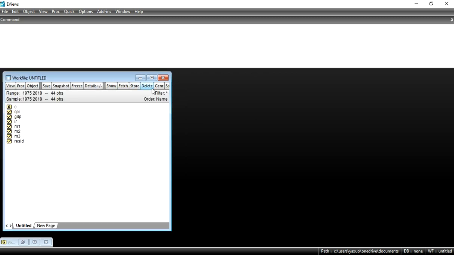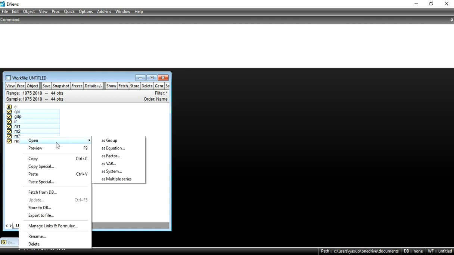Before checking the problem of multicollinearity, first apply OLS on your variables. How do you apply the OLS method? There are two methods for applying OLS. The first is the command method, where you can write the command for applying OLS. The other method is to first select your dependent variable, then press Control and select all your independent variables one by one.